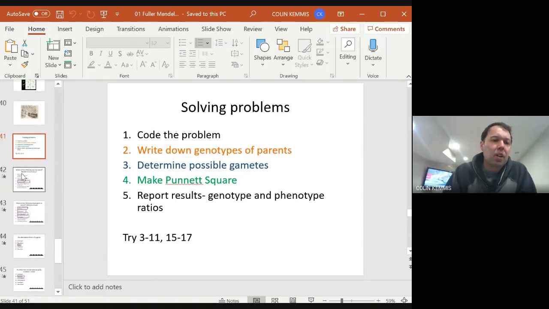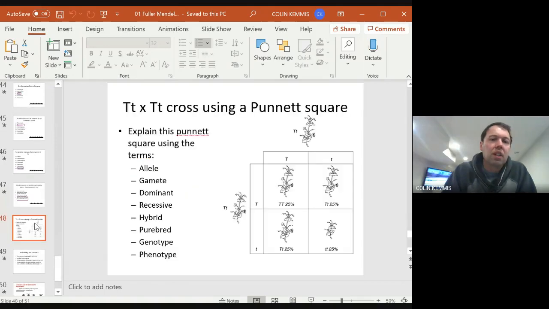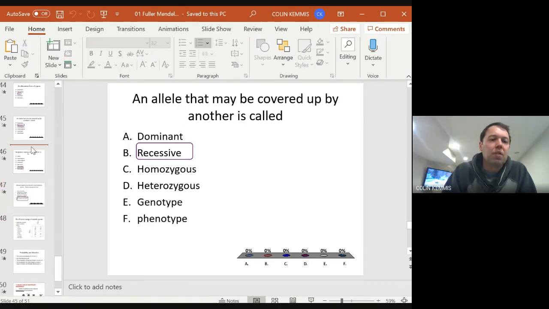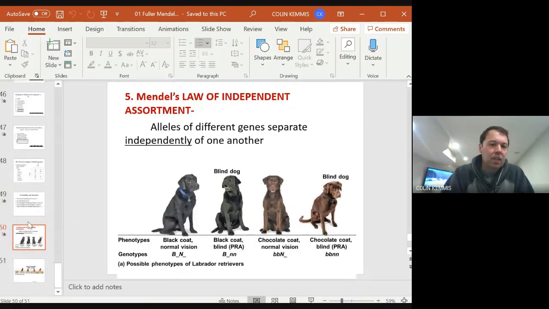There's a couple of other practice quiz questions here for you to look at. So you can flip through those. And then here's a good summary for you too. Could you explain this cross of tall and dwarf plants using all this vocab? So try that one out at home. Talk to your mom or your dad or even your dog. That's fine. Speaking of dogs,